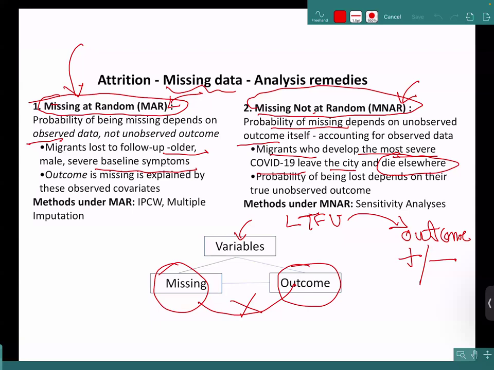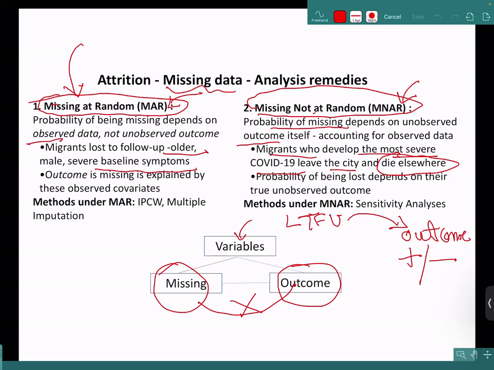If you feel that it is deterioration in the health condition which is leading to loss to follow up, and this deterioration will invariably lead to death, then you will say, okay, I feel that my missingness is not at random. If it is some administrative reasons because of which some of them have been lost to follow up, then you can safely say it is administrative reasons. I don't feel this loss to follow up is in any way going to affect the outcome. So my missingness is at random. Does this make it a bit clear? Yes, ma'am.